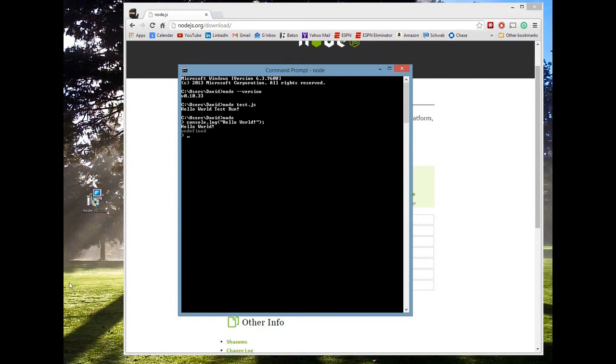Process, then you should be able to do this right away and not have to change anything. So one thing we can do is just do node --version, and